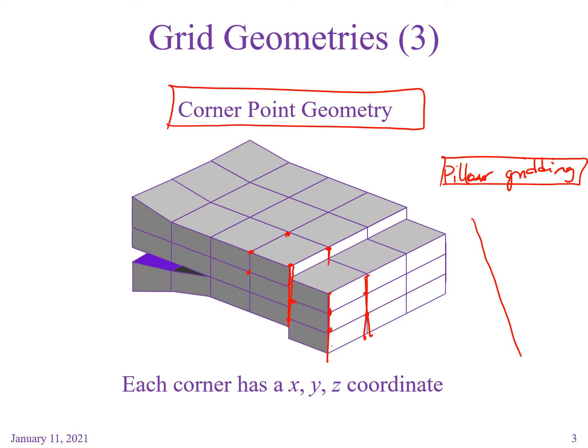Because in slopey systems with faults, that approach works very well, because this could be the top, this could be the bottom of one pillar, this could be the top, this could be the bottom of another pillar, right? And you could have those moving all across the system, and it allows you to model pinching out and fault displacements in the reservoir,